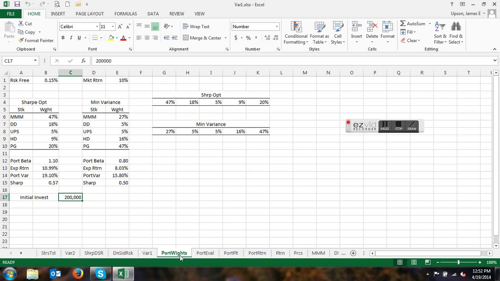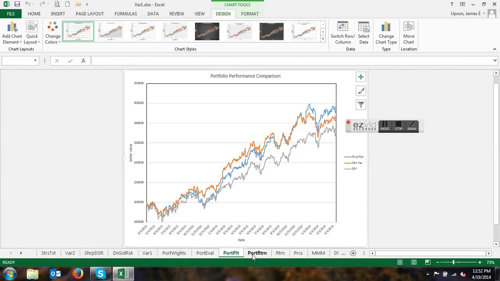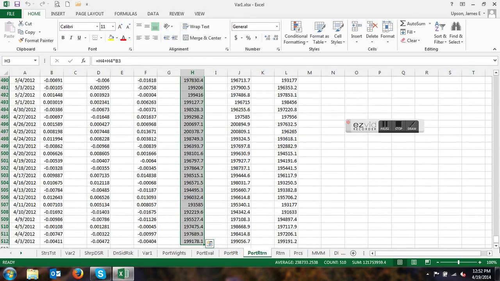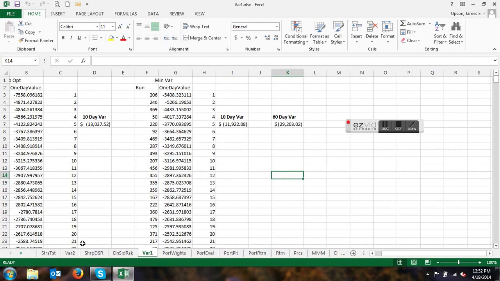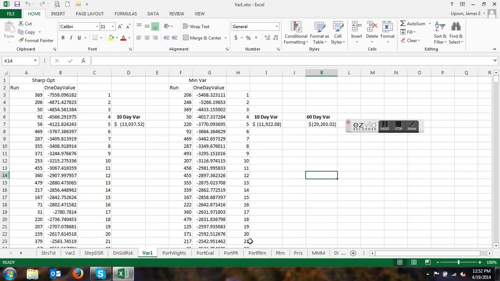All right, so I'm here with the portfolio weights, portfolio evaluation, portfolio plot, and the portfolio returns. And what we're going to do to start with is create a VaR analysis based on trading days. This is a simulation to find out what the worst case scenario is based on actual trading days